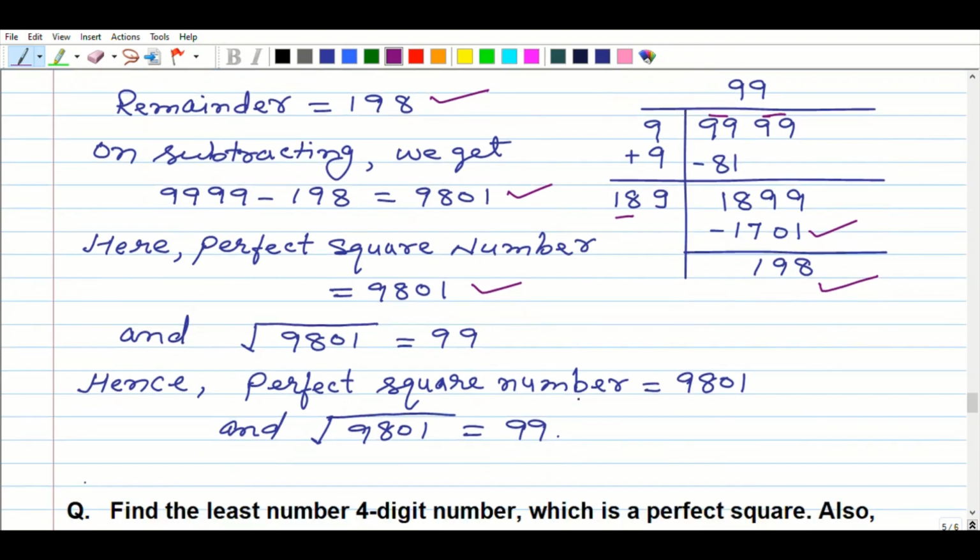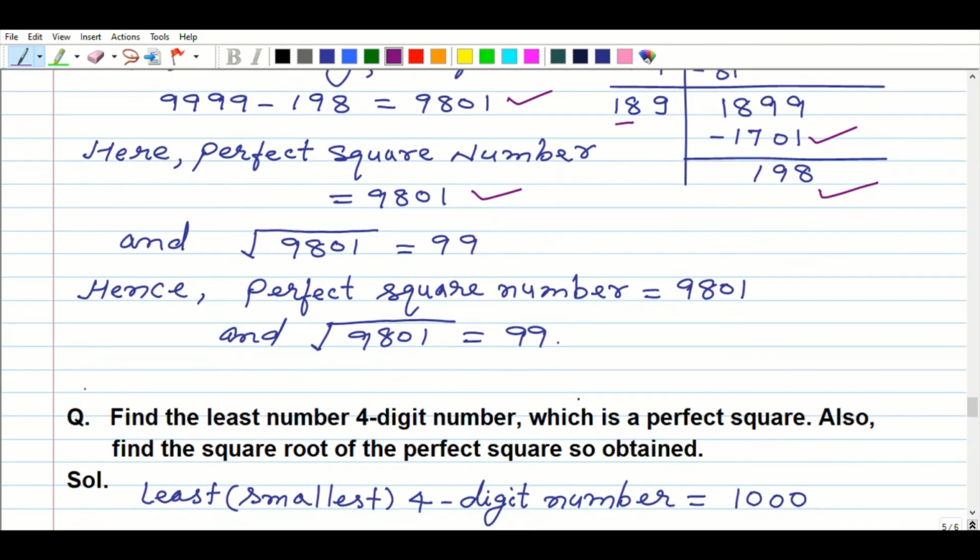Right? Now, next. There we have seen greatest. Here we are seeing least number. So the smallest 4-digit number is 1000. Right? Here 4 digit, 5 digit, 6 digit, 7 digit, 8 digit, n digit. Such type of question will be asked, up to 9 digits will be asked to you. So don't worry. Method and process is the same. Concept is very clear. Right?